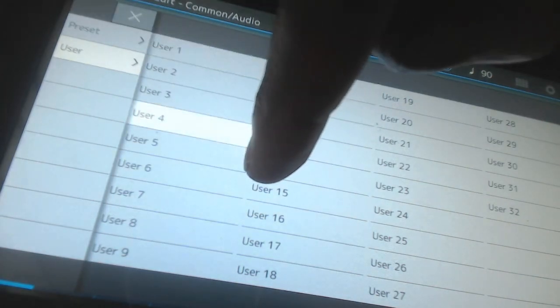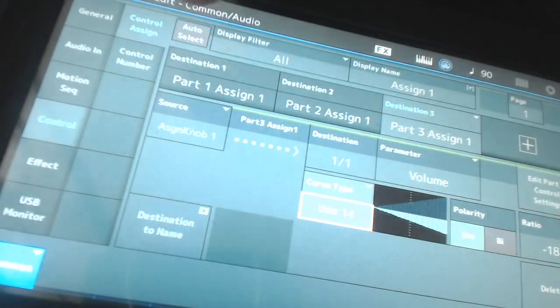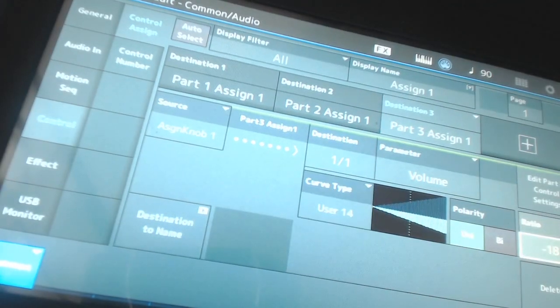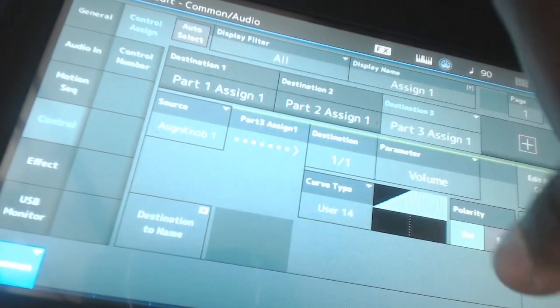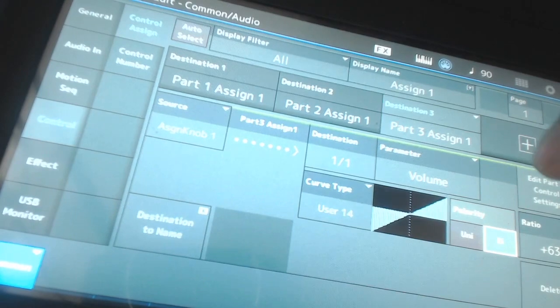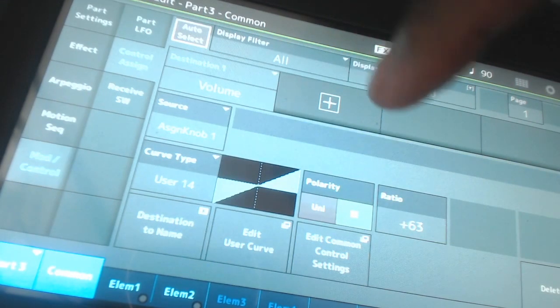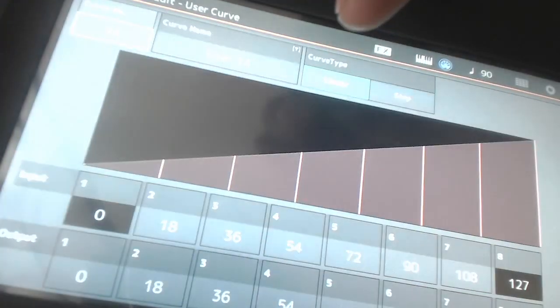Let's do user 14, exit, change the ratio to maximum 63, change the polarity to bipolar. Click on edit part 3 control settings. Edit user curve,